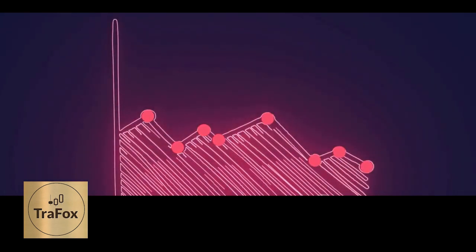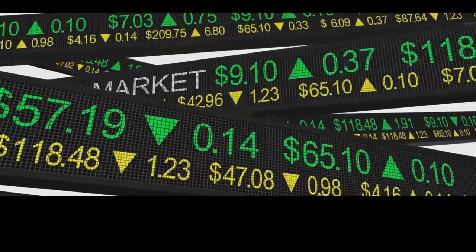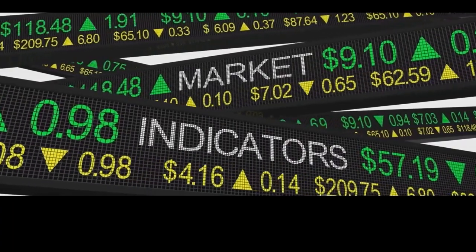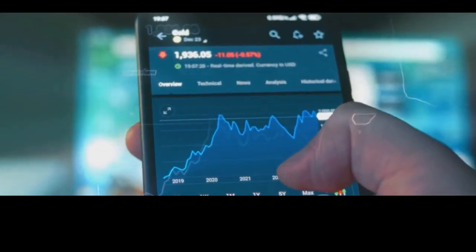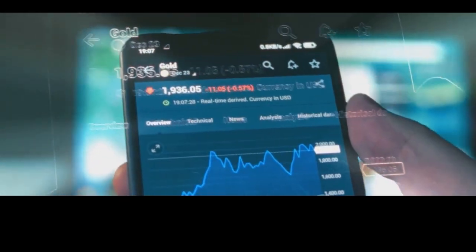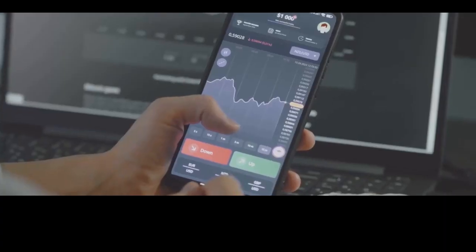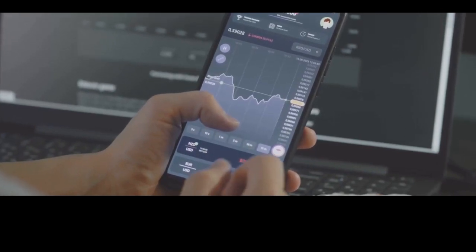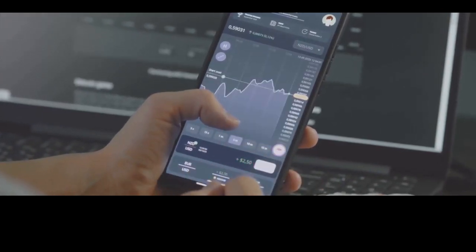From there, we moved on to recognizing support and resistance levels. These levels are like invisible barriers that prices have a hard time breaking through. They play a vital role in making informed trading decisions. Finally, we delved into the world of technical indicators. These tools, when used correctly, can provide valuable insights into market dynamics. With these steps, you're now equipped to conduct your own technical analysis of XAU-USD charts. Remember, practice makes perfect,